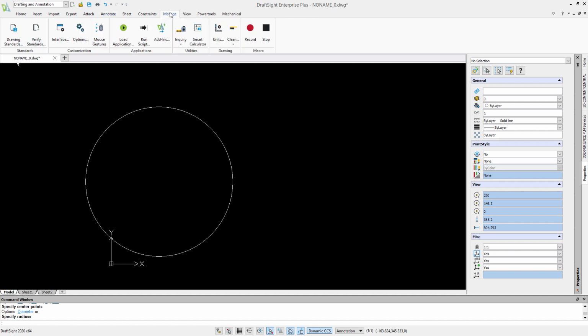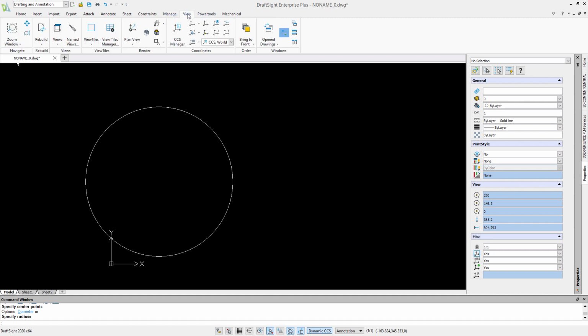Other key ones to look at is perhaps the Manage tab, where we can tailor the system to our own particular requirements, and the View tab for our zooming and navigation tools. You may see other tabs up there, as I have, depending on the level of DraftSight that you have on your own system.